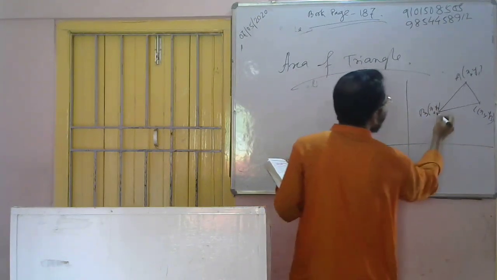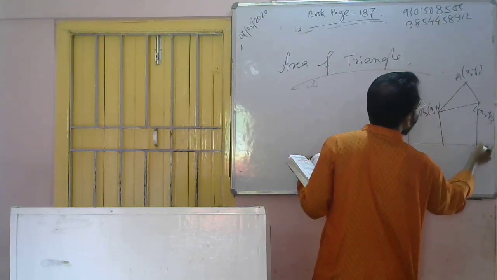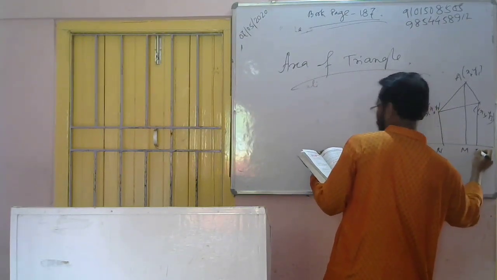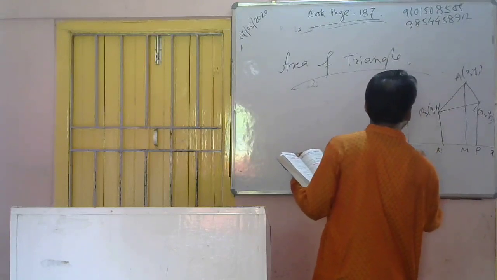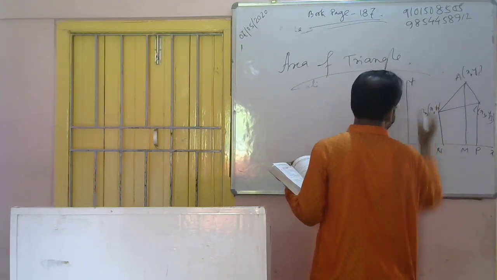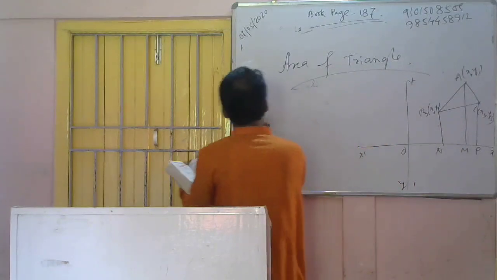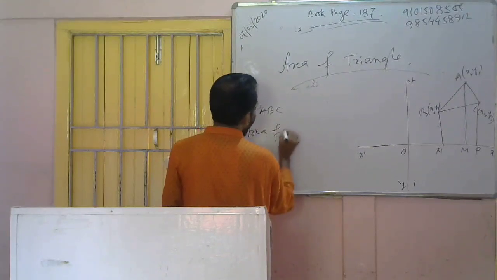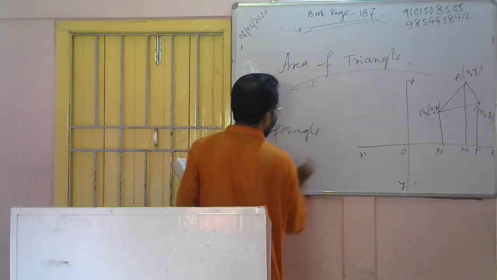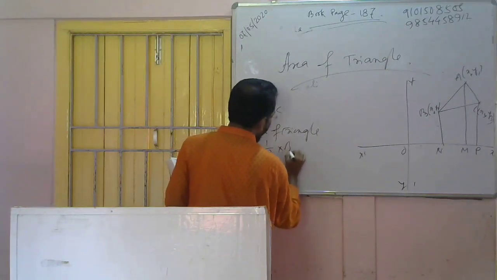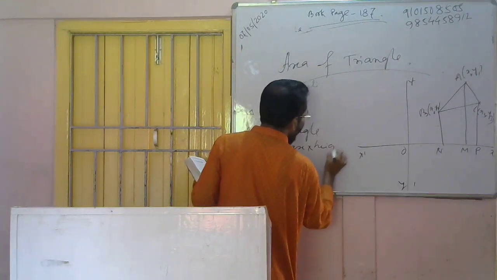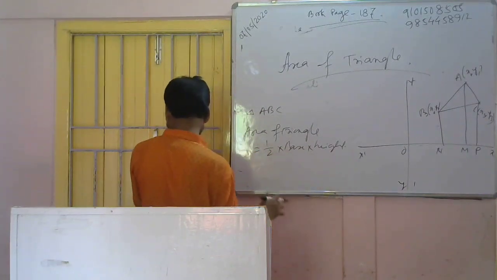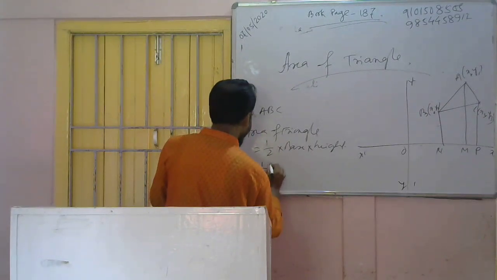From these we draw perpendiculars, meeting the axis at N, M and P, with axes X'OX and Y'OY. The area of triangle ABC, as in your earlier concept from class 6, is half into base into height. Now in the class 10 chapter, in coordinates, we get half into